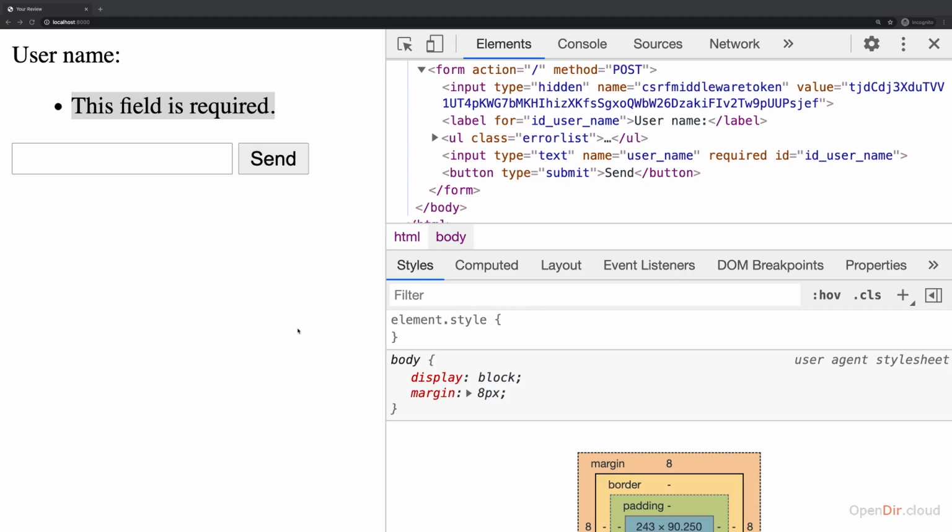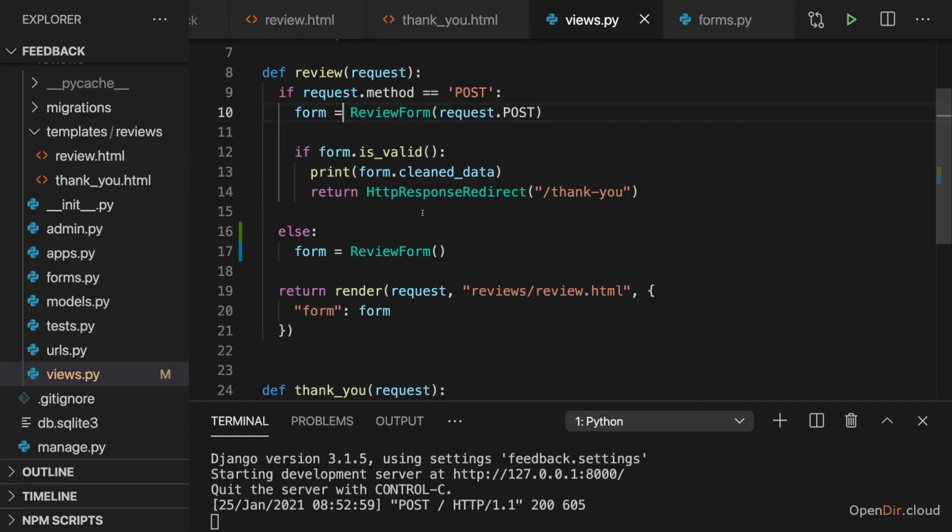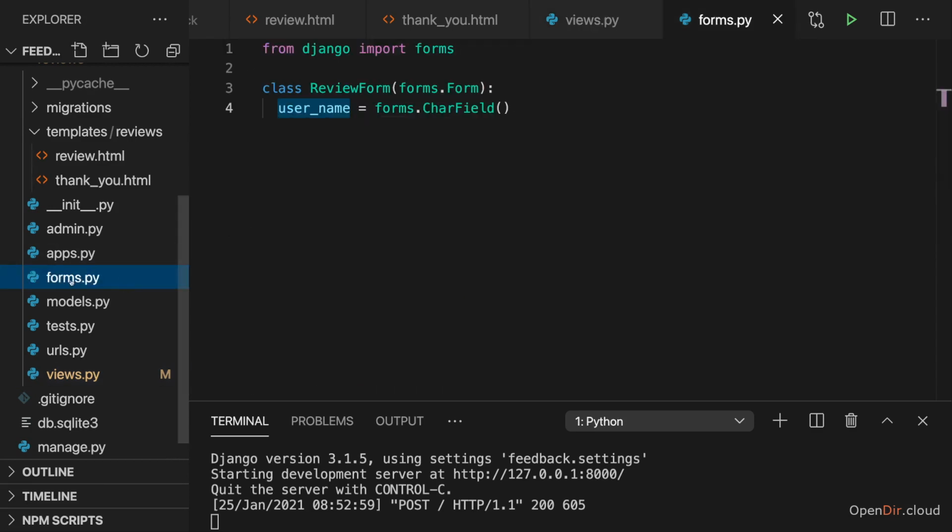As with pretty much all aspects of Django, we can configure this form behavior and how the form is rendered and which label is showing up here and so on. We can configure this as well. For this, we just need to go to our code and then to the forms.py file where we define the form. And then for this username field here, we can set a couple of options. We can add a couple of keyword arguments that allow us to configure this field